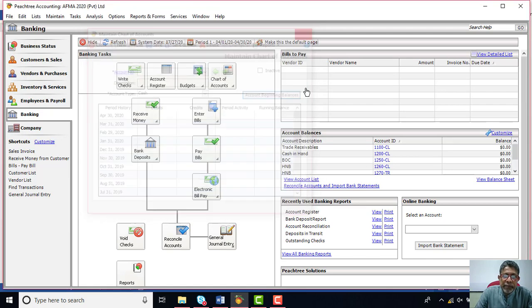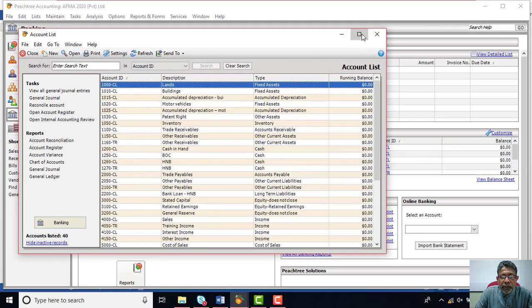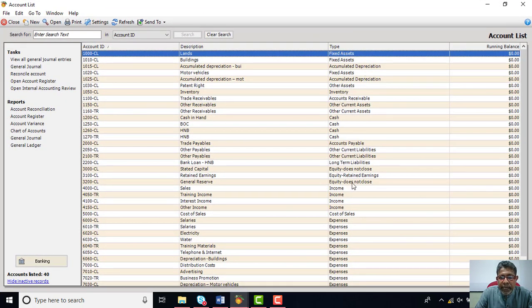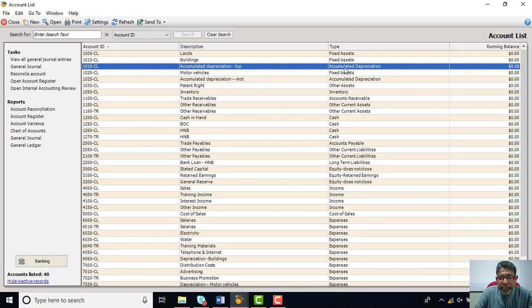Now we will cancel everything. First we'll go to the chart of accounts and view it, looking at these category types. You can see the land account is asset, building account is asset, and accumulated depreciation is a contra asset account.